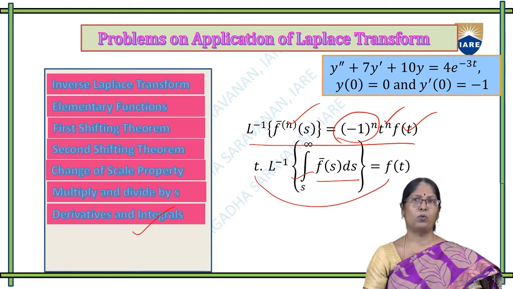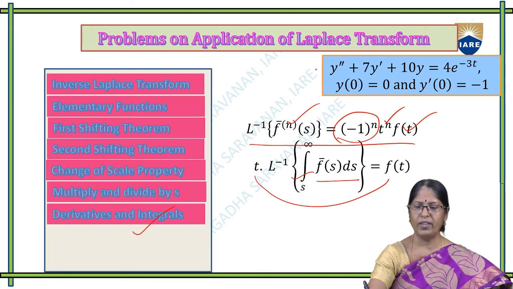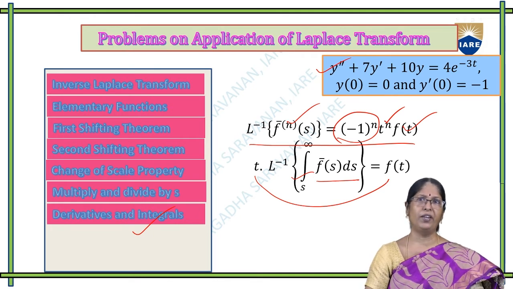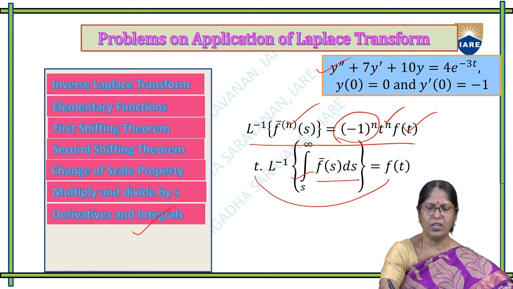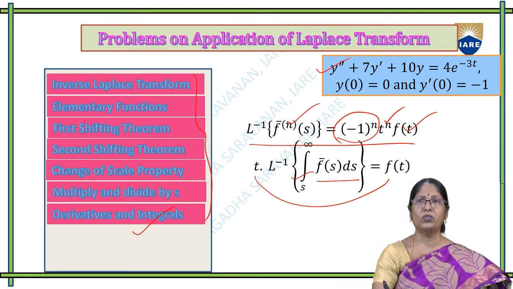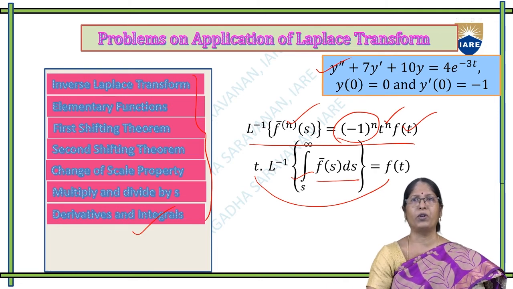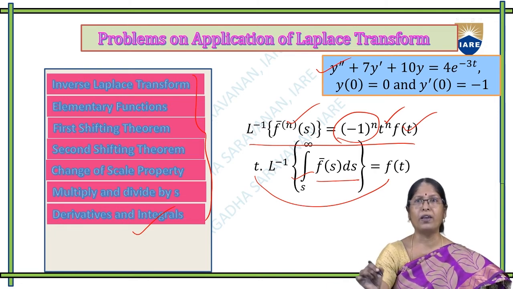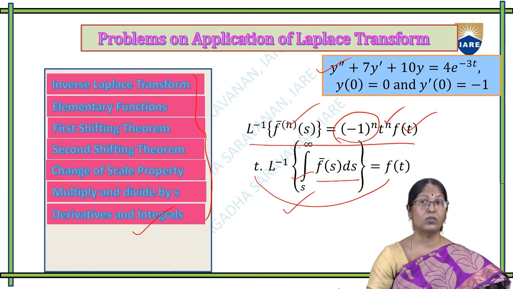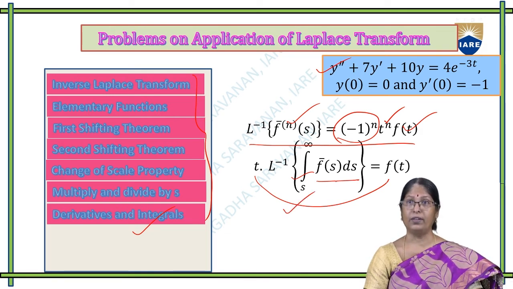So in the given problem, when we reach the stage of finding the inverse while solving this differential equation, all of these are to be noted, and whichever is suitable to our given problem, we have to pick and solve. Suppose this is not suitable, then